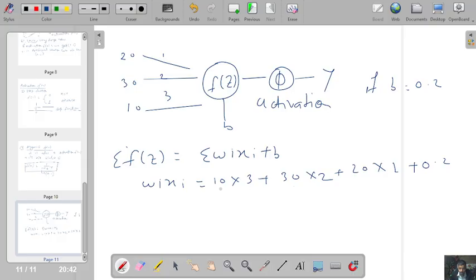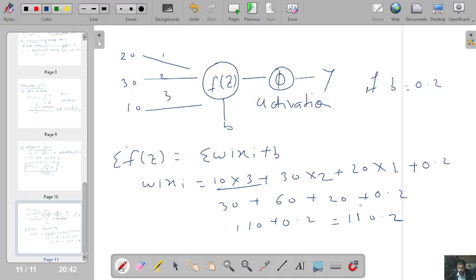Okay, 30 plus 60 plus 20 plus 0.2. Okay, 30 plus 60 is 90, plus 20 is 110, plus 0.2 means 110.2. Okay,